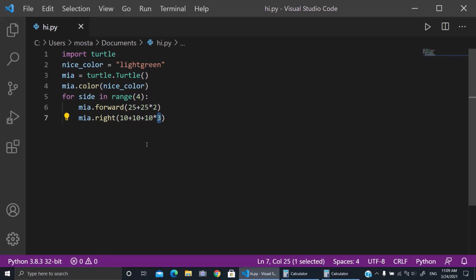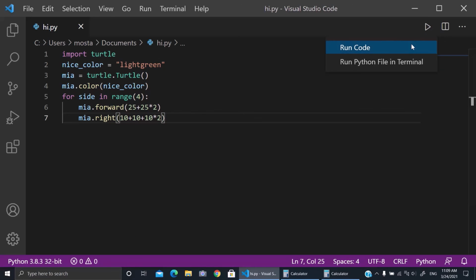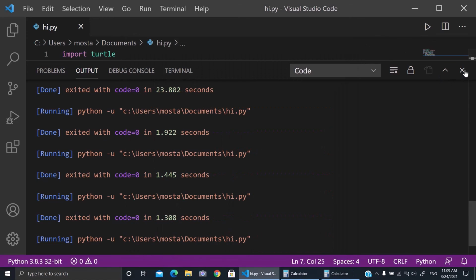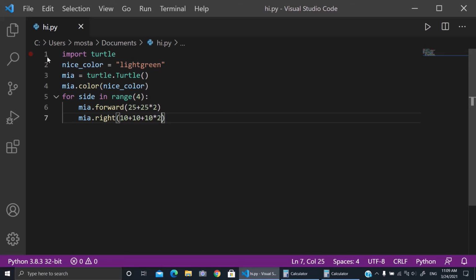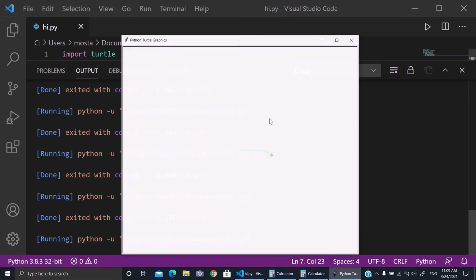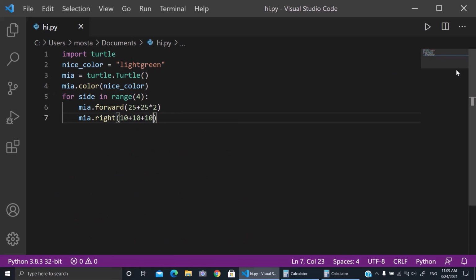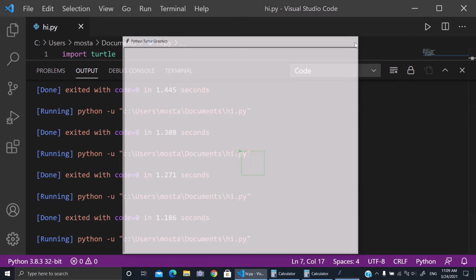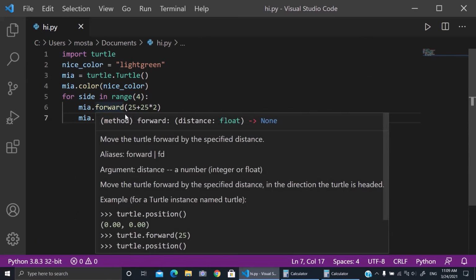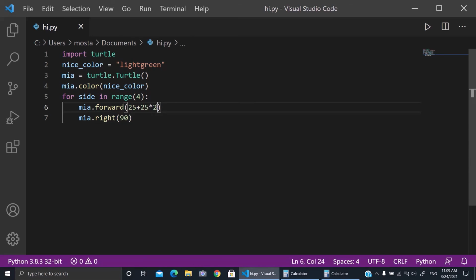Or we can do it with 2, maybe. Or we didn't autosave. Or let's make it 10 plus 10 plus 10. It would be better. Or 90. Okay, now here, better than putting it immediately, we can make a